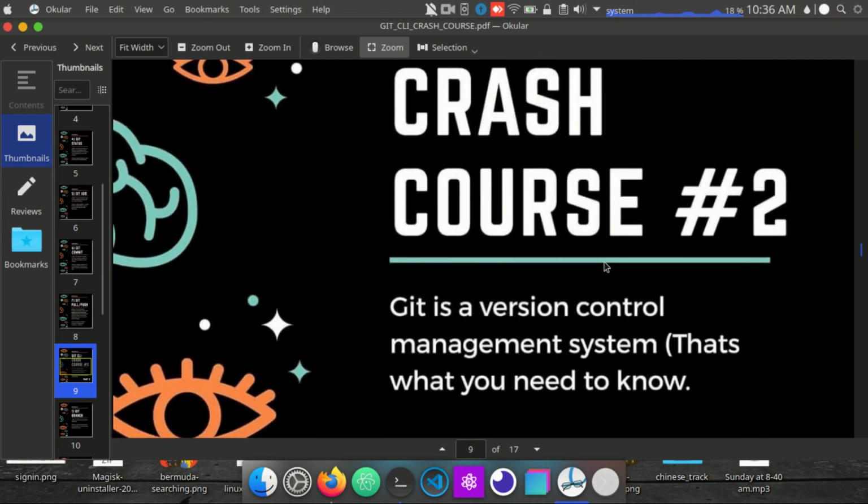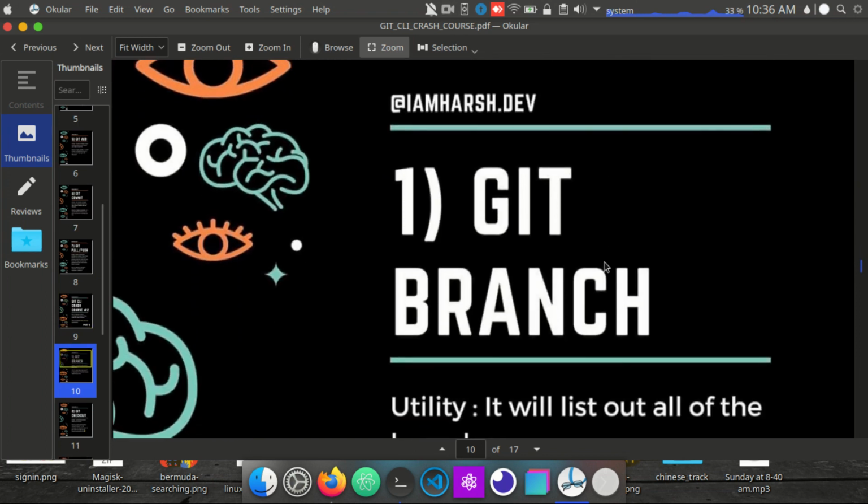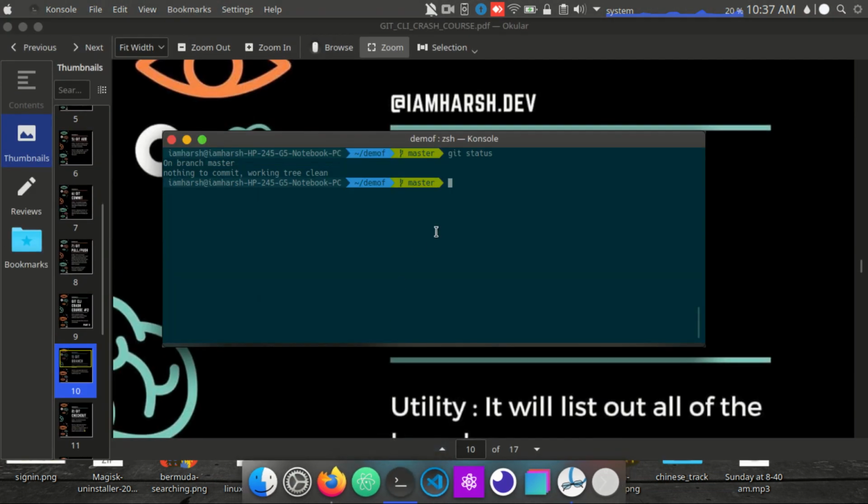So let's move further. Now here comes the topic of Git branches. Basically, a Git repository is kind of a tree. Just imagine it's a tree. As you know, a tree has a lot of branches, and every leaf has a different size and shape, and things are different in different leaves of a tree.